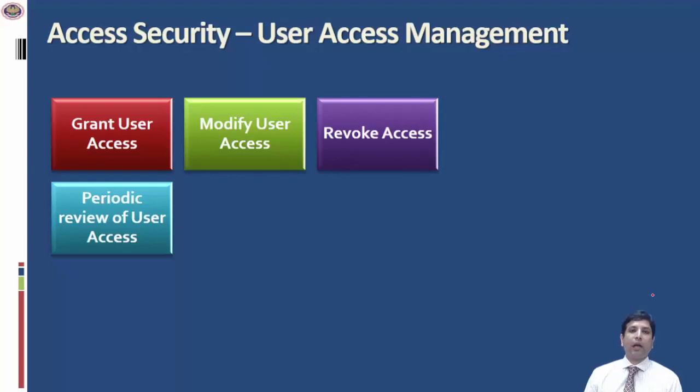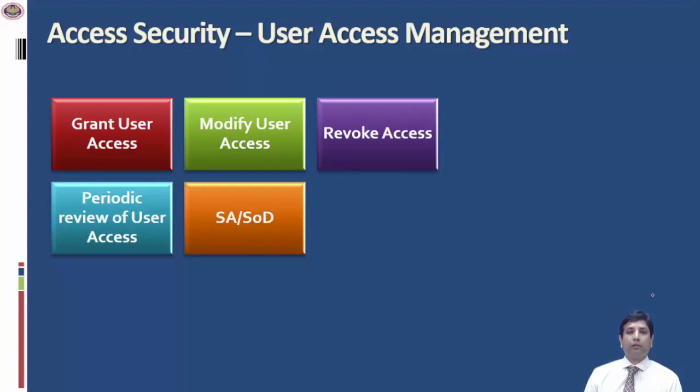Typically, the access data is provided by the IT team to individual business heads of departments, who look at the access of the employees and confirm whether the access is right or any change is required. In case there are certain accesses which are not required, they have to be revoked or removed. So periodic review of user access is more of a detective control, which generally happens once in a month or once in a quarter, or in many organizations where the user base is very large, it could happen even more often.